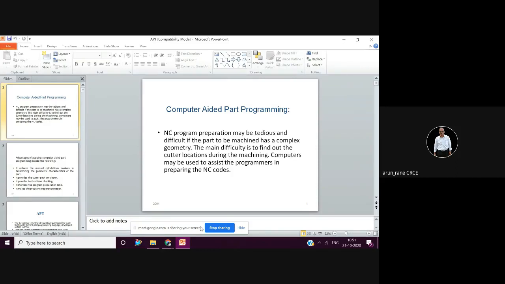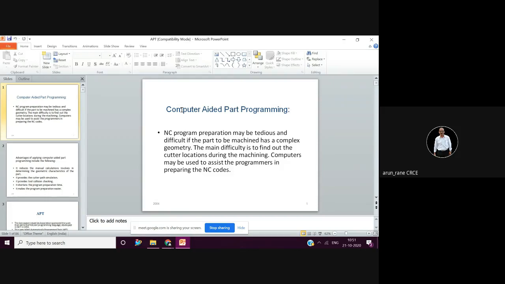I mentioned the word CAD CAM software. I am not talking about only the modeling software like, say, AutoCAD. So AutoCAD will not generate it, it is not into machining. It has only a model part. But any CAD CAM software like ProE is a CAD CAM software. NX is a CAD CAM software. CAD CAM software means it can do modeling as well as it is useful for machining also.